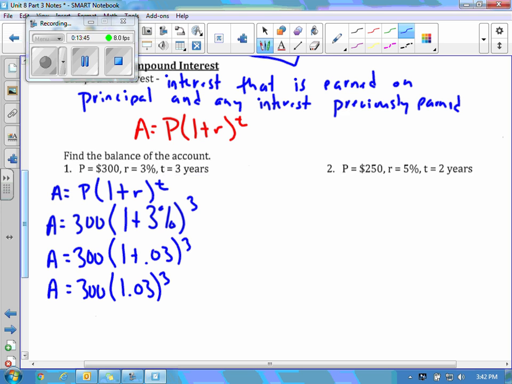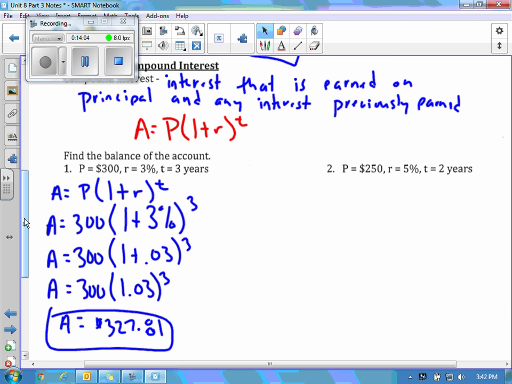So now in your calculator, you're going to type in 1.03 to the third power first, work that out, and then multiply it by 300. So you'll get $327.81. If you have any questions how I got that, make sure you ask. If you don't know how to do this in the calculator, ask me, write it down. Alright, again, I apologize for the length, but that's it for part